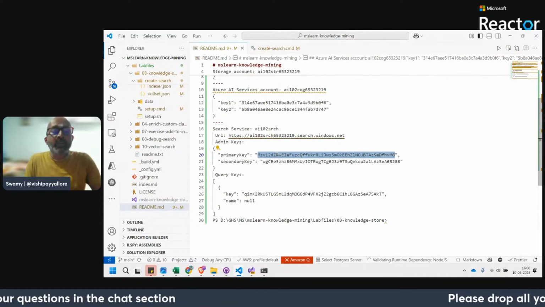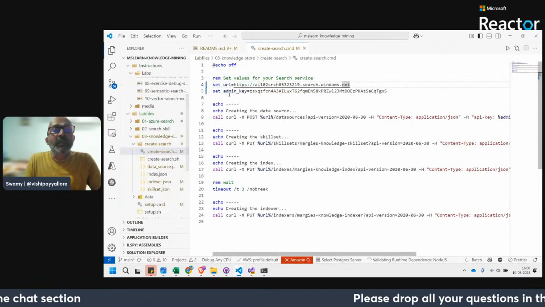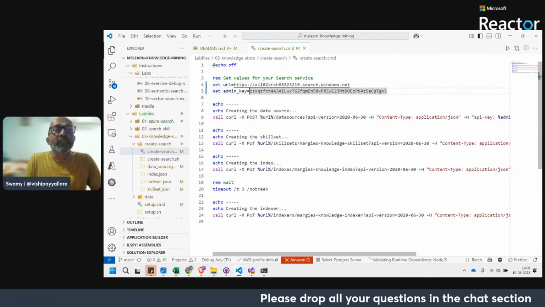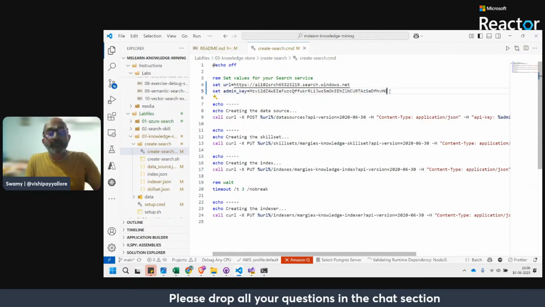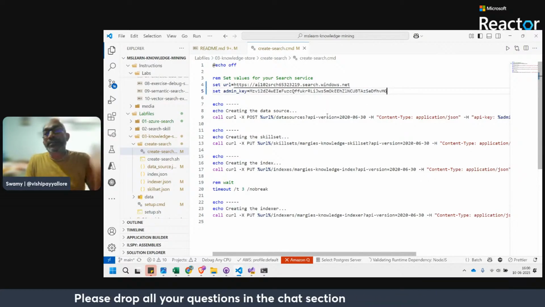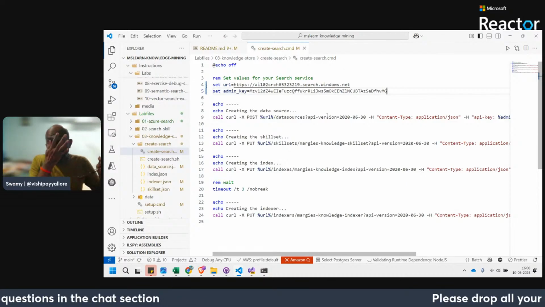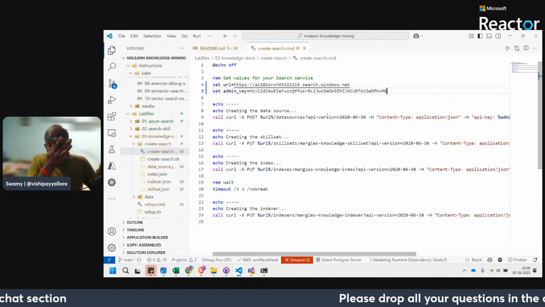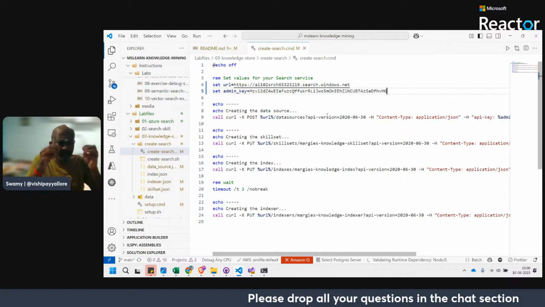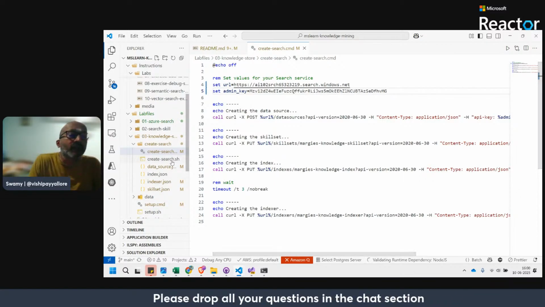Let me grab the primary admin key. There you go. Okay, it is hitting the endpoint, and we'll give a quick glance at the rest of the files. It might need something else also.